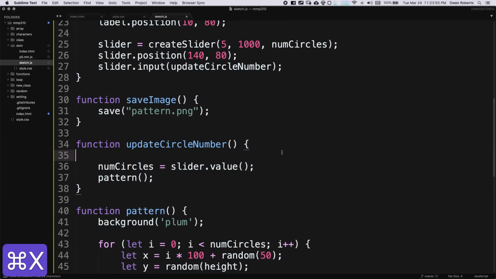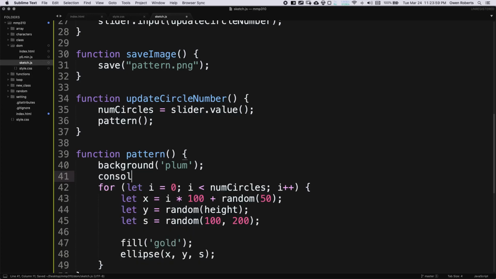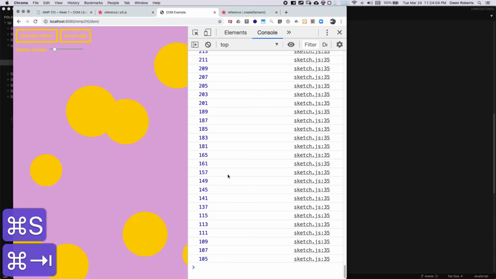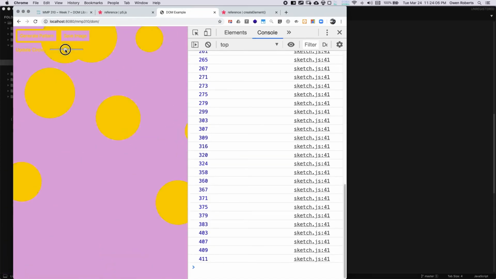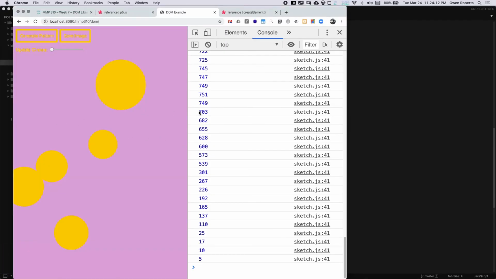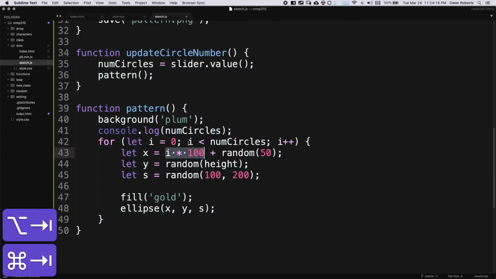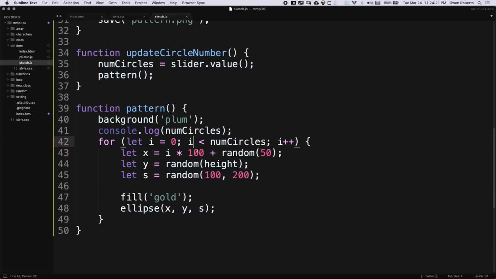So I'm going to delete this. And let's see, console.log num circles. Oh, I see what the issue is. I'm increasing x by 100 each time. So it really doesn't matter how many circles there are because most of them are like over here because x just keeps going up. So instead of 100, what we're going to have to do is figure out